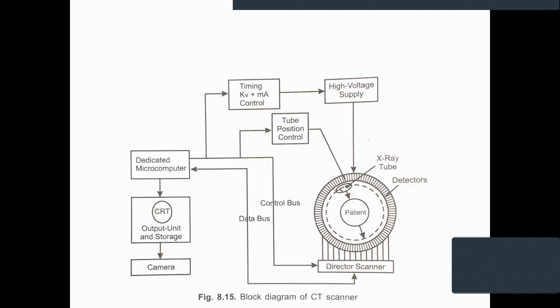Within this block diagram, the X-ray source and the detectors are mounted opposite to each other. If the patient is placed between the source and the detector, X-rays from the source pass through the body. The radiation transmitted through the body is sensed by the detector. The source and detector are moved across the section of the body. The measurements are made at regular intervals. Electron beam CT scanners are used to obtain the concerned pictures.